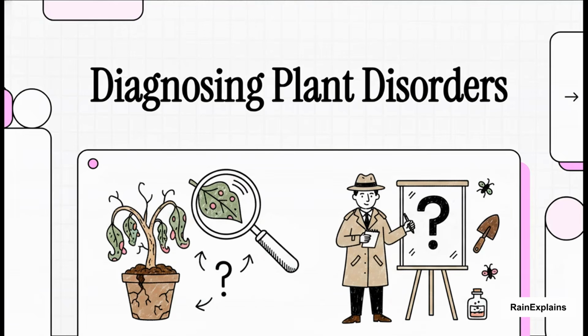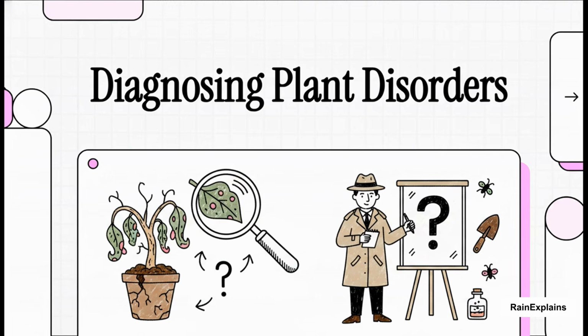Today, we're cracking open a real botanical detective story, the case of the dying plant. Picture this. You walk out into your yard and a beloved shrub or maybe a prized tree is just suddenly failing. The leaves are drooping, the branches are totally bare, and you know something is terribly wrong. Well, we're going to investigate this crime scene together using real plant diagnostic principles to figure out exactly why that